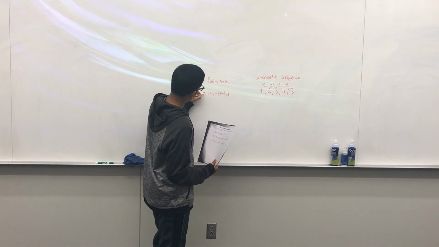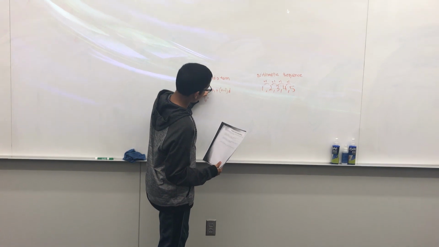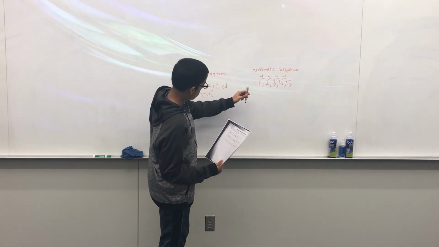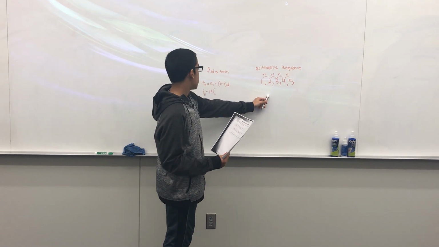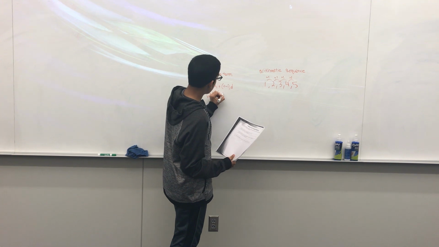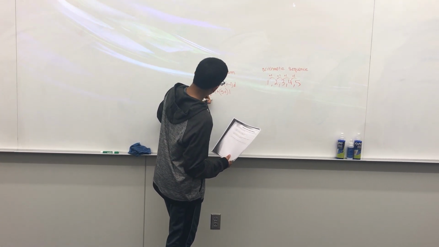So we're trying to find the fourth term. We're going to have A1, which in this case is 1. We're going to have the number of terms, which is 5. We're going to subtract 1, and the difference is 1. Therefore, the fourth term is,